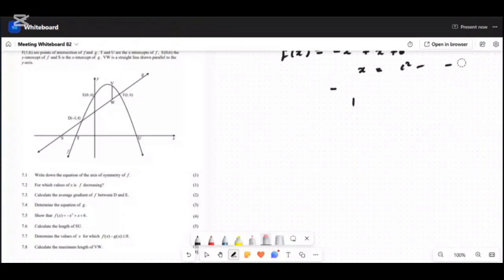And I'm very sure that the point, the coordinates of S, is a negative x and a 0. Then I'll show you how we work with the negative. Someone will ask me, do I subtract? Do I add? Okay, it's fine. We will see. Then I told you, S and U are the coordinates of the y of the parabola and the straight line. So I'm going to say for S,